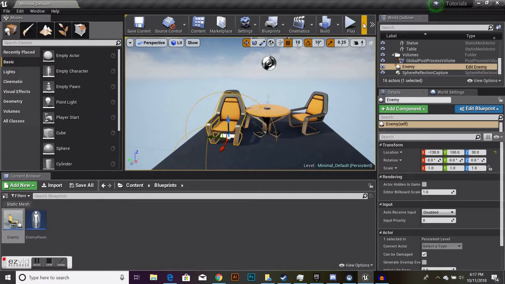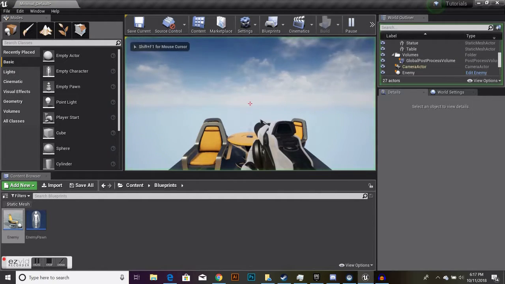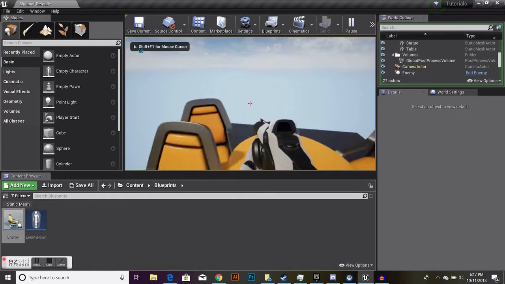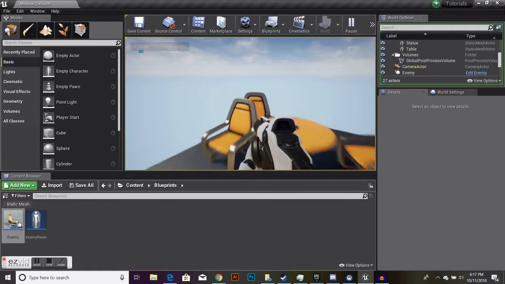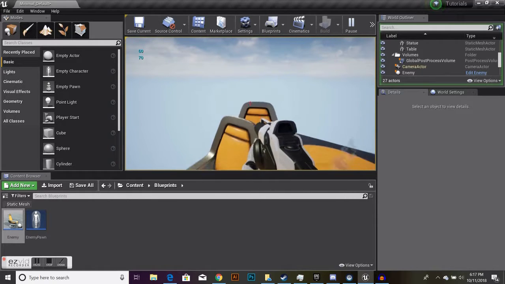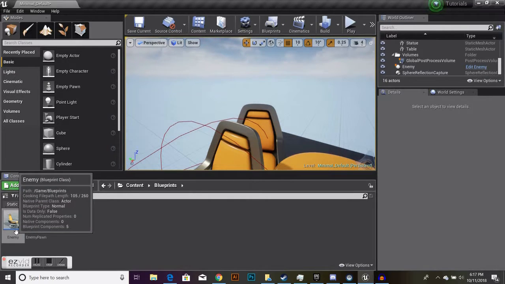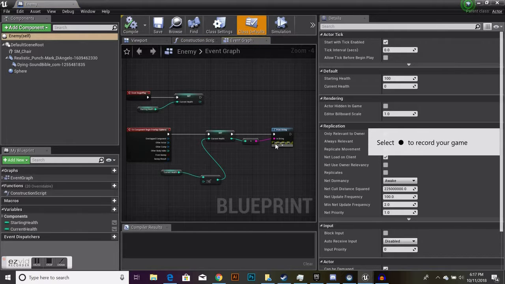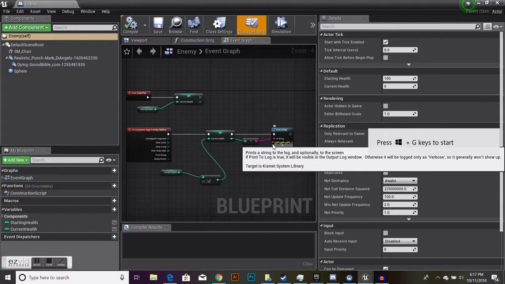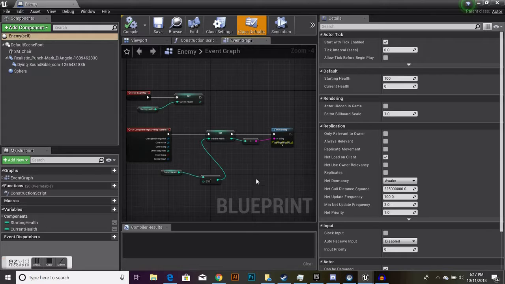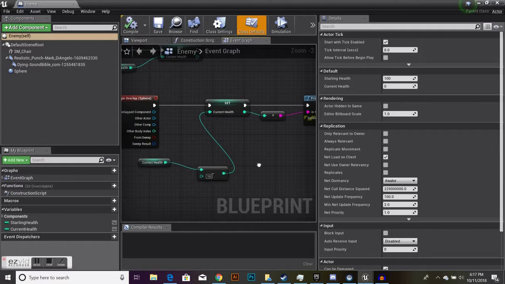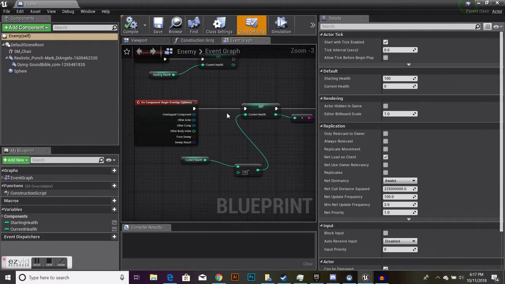So now let's take this a little bit further. Since we have the basics, we can actually go a little bit further and just add in, hey, when the player gets damaged, let's play a sound. So, logically speaking, when the overlap happens, we want to play a sound and then set the current health to be minus 10. So we're gonna drag out on, I want to do realistic punch. And click that,